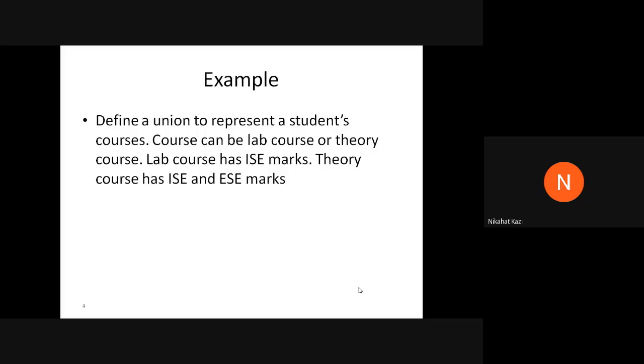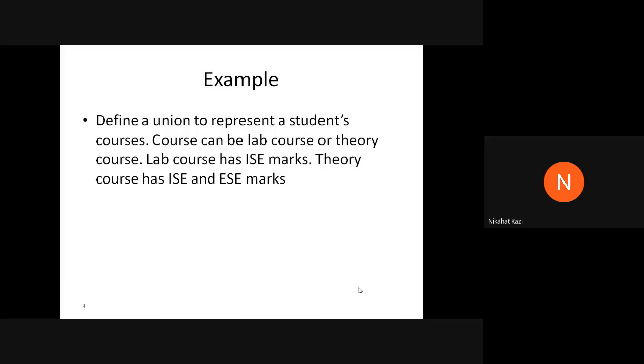So if I have a structure of courses with lab course as well as theory course, then I'll be wasting memory for whatever objects I create. Even if it is a lab course, it will have the components of theory as well. So it will have ISE as well as ESE. Only thing is ESE will remain blank.